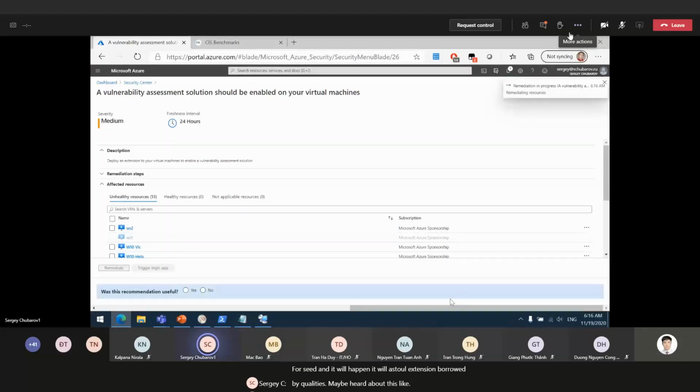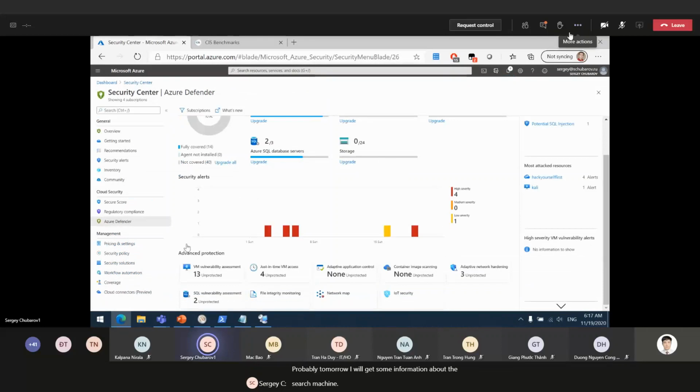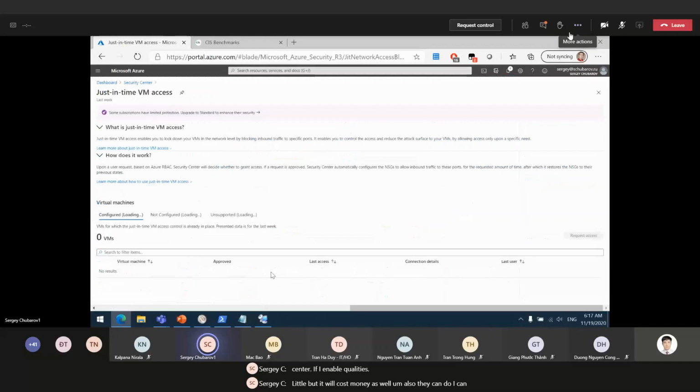That's a common Qualys. It's a solution that's built into Azure Security Center. So this solution will analyze what's going on, will make a vulnerability assessment in the virtual machine. So I just install that, and probably tomorrow I will get some information about this virtual machine. So I can do vulnerability assessment here in the security center if I enable Qualys, but it will cost money as well. Also, what I can do, I can enable just-in-time VM access,